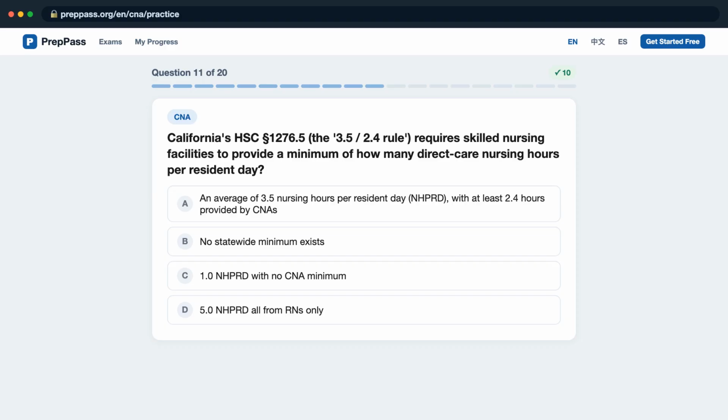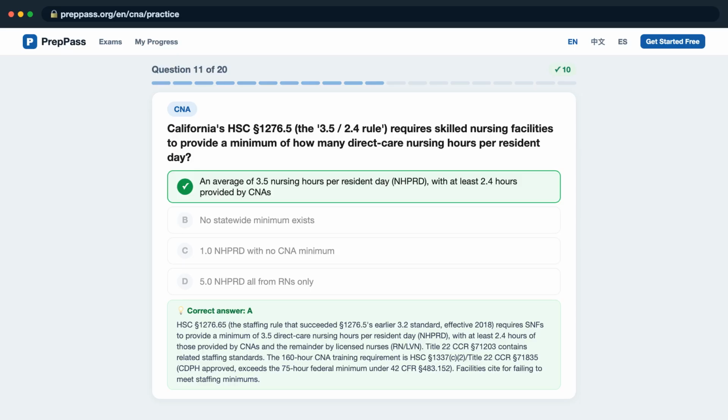Is it A, an average of 3.5 nursing hours per resident day, NHPRD, with at least 2.4 hours provided by CNAs? B, no statewide minimum exists. C, 1.0 NHPRD with no CNA minimum. D, 5.0 NHPRD all from RNs only? The correct answer is A, HSC Section